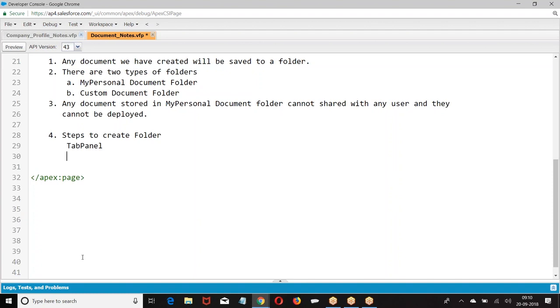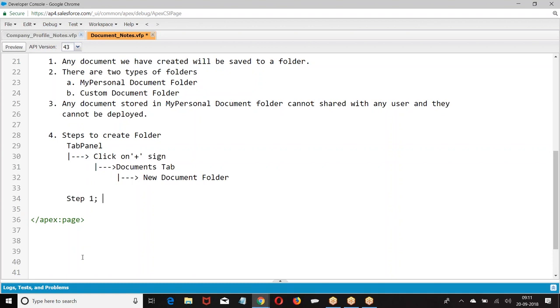Tab panel, click on the plus sign, Documents tab, New document folder. Step 1: enter the folder name.